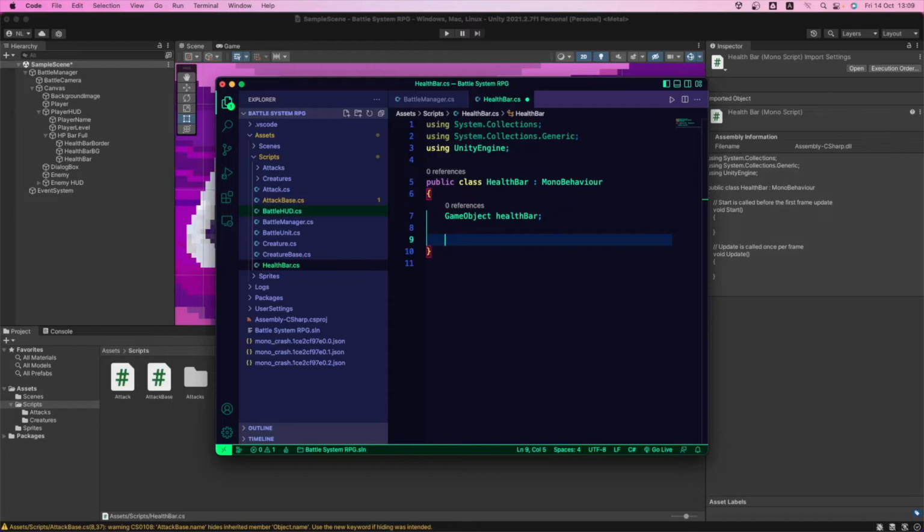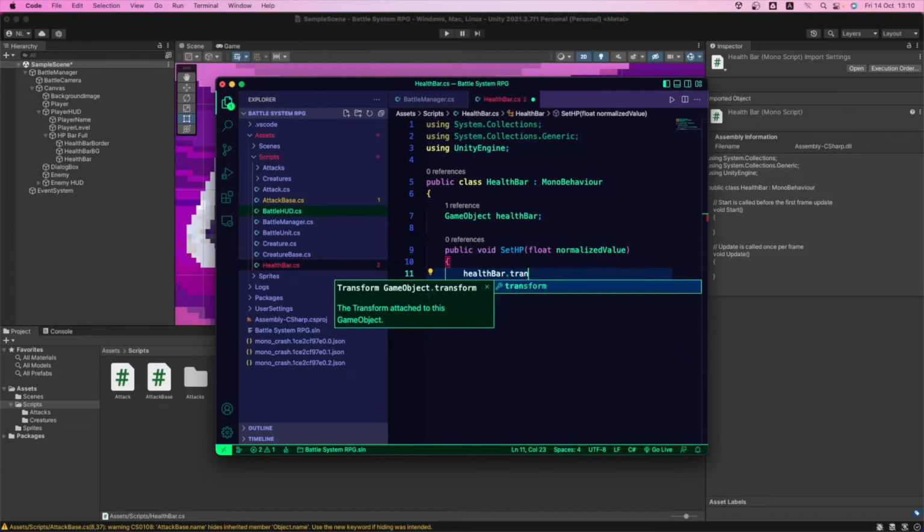So let's go, and we're gonna create a method called set health points, and as an argument, we're gonna put a normalized value. That's gonna be the name. It's a number. It's a value. Okay. So now here we're gonna go into the health bar object.